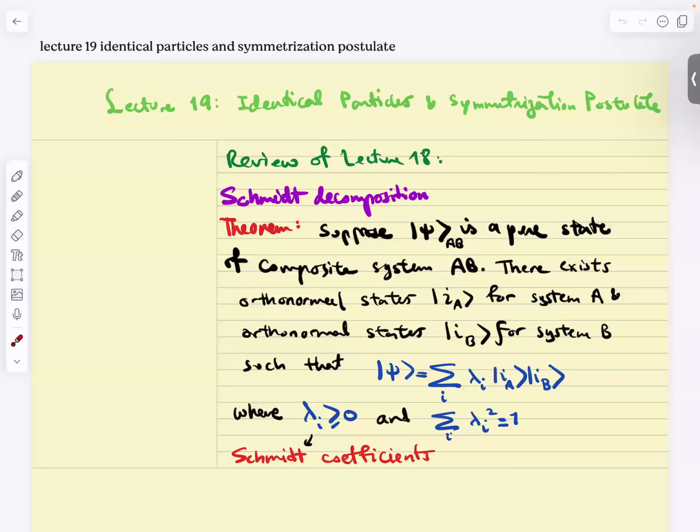I want to say another thing. There's a lecture 20 I've squeezed in. We're going to go over statistics: Fermi-Dirac, Maxwell-Boltzmann, statistics of identical particles. You've seen that in your undergrad class or not? How many of you have seen it? Okay, then I have to cover it, because I was planning on not covering it, assuming that you've seen it before. It's good that I'm adding a whole lecture on that.